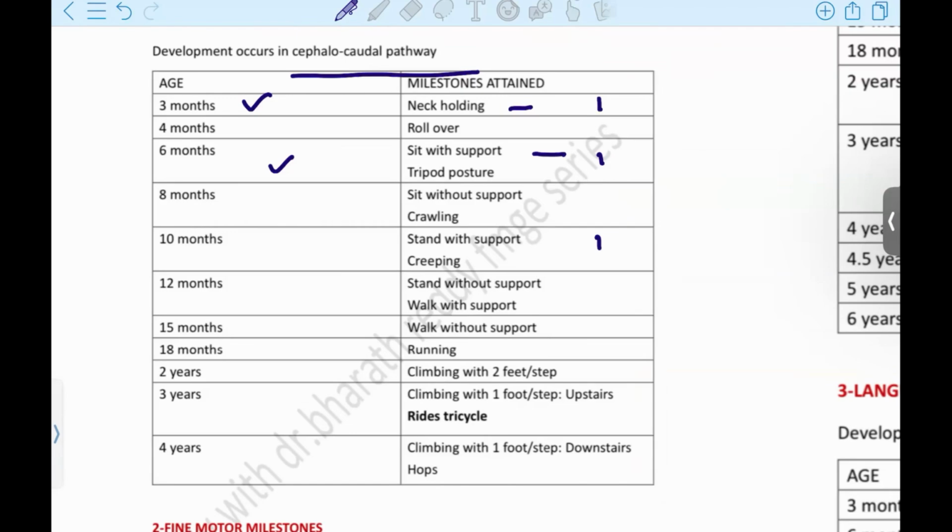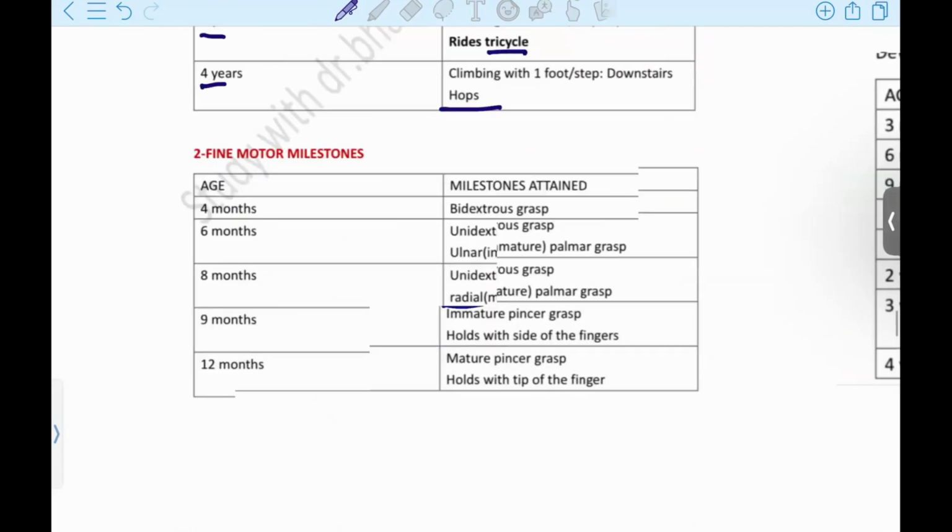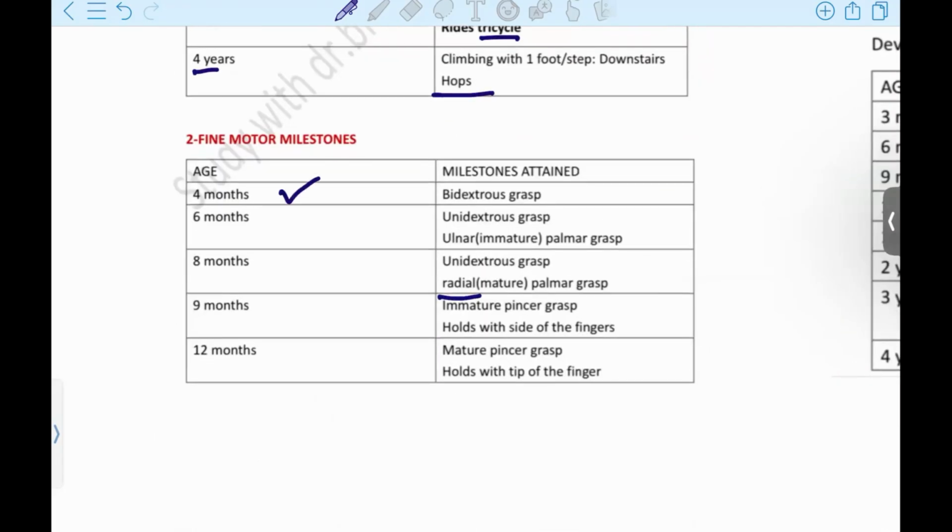Next, at 10 months, stands with support, and at 12 months, stands without support. At 15 months, walks without support. At 18 months, baby will be climbing and running. At 3 years, tricycle. At 4 years, hopping. Okay, next, fine motor: 4 months bidextrous grasp, 8 months complete unidextrous grasp,